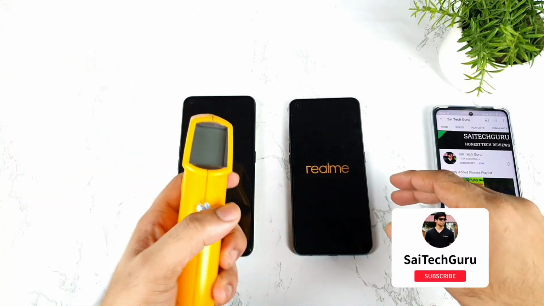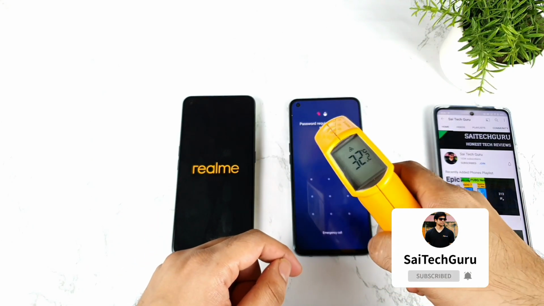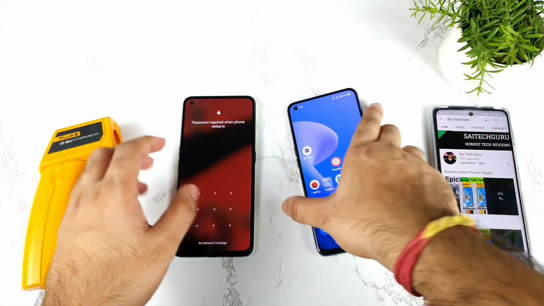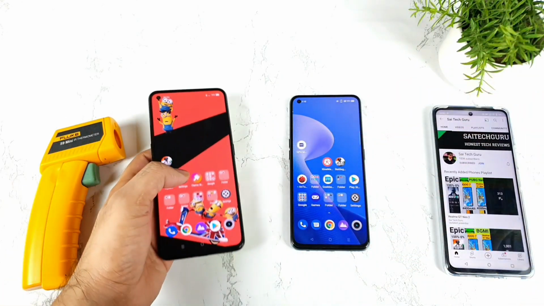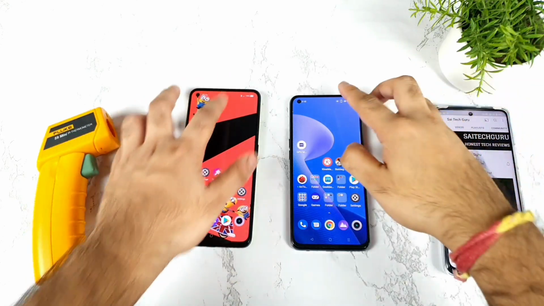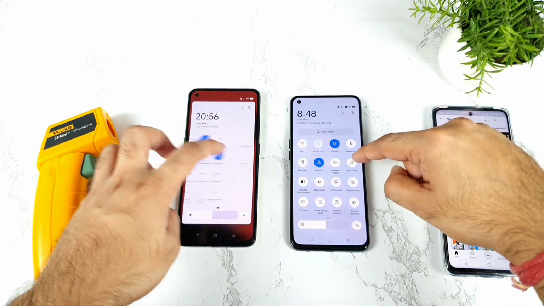And we'll try to check even the temperatures. So what is happening with the temperatures between both phones. So both are exactly 32 degrees in the beginning of starting the test. Not bad. Exactly very close regarding the temperatures. Now let me try to open the benchmark test application and start doing the testing. So all the apps are completely clear from the background as well. And let's try to turn on the GT mode. So GT mode should be somewhere around here.